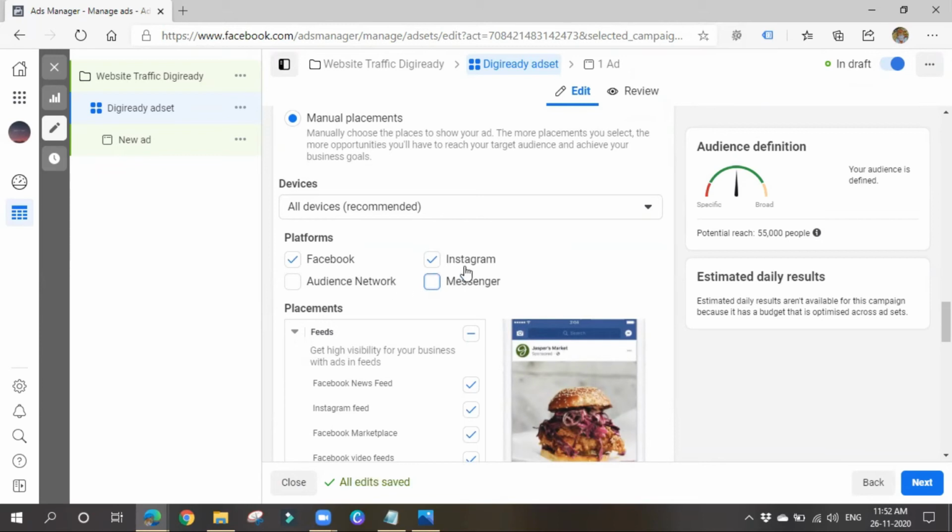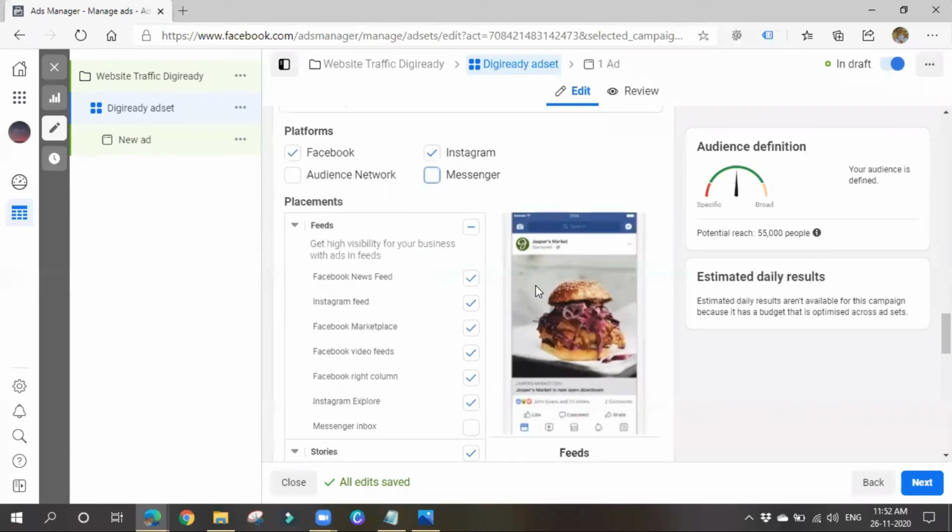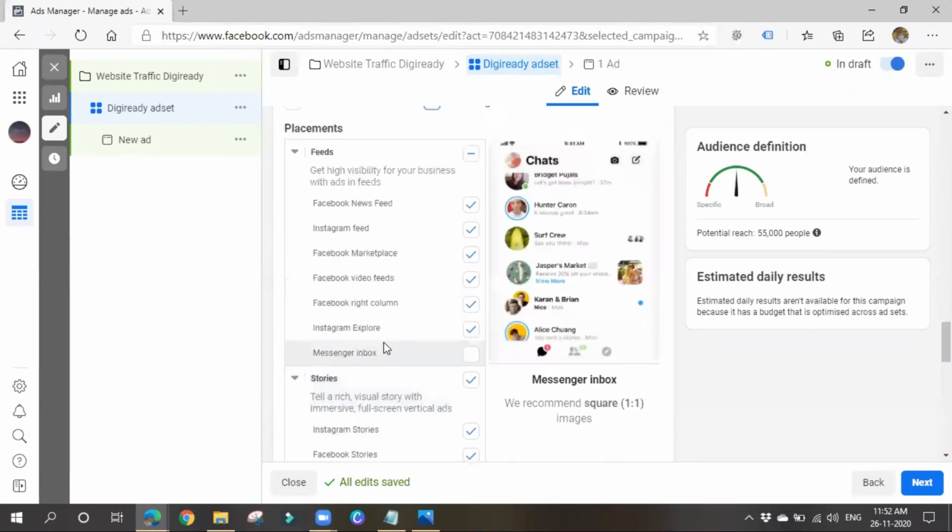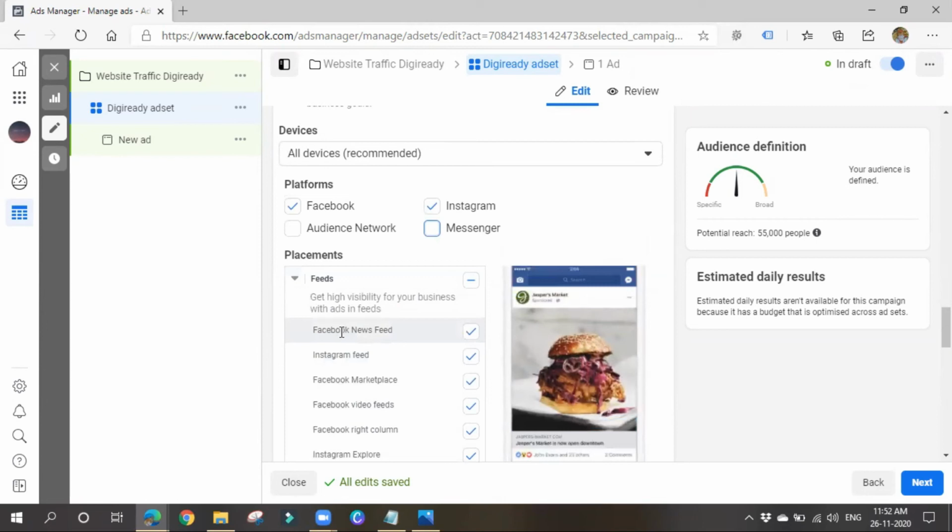If you have connected your Instagram account with your Facebook business page, then you can show your ads on Instagram also. There is no specific kind of targeting for Instagram. There is no platform to create an ad for Instagram separately. By using Facebook itself, we can run ads on Facebook, Instagram, Marketplace and Messenger, all these places. See, now it is showing me various things, where you want to show your ads.